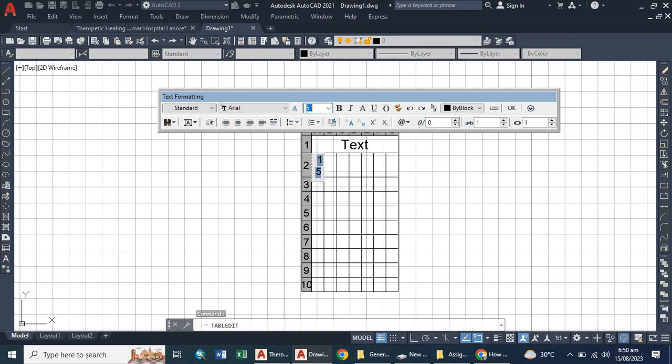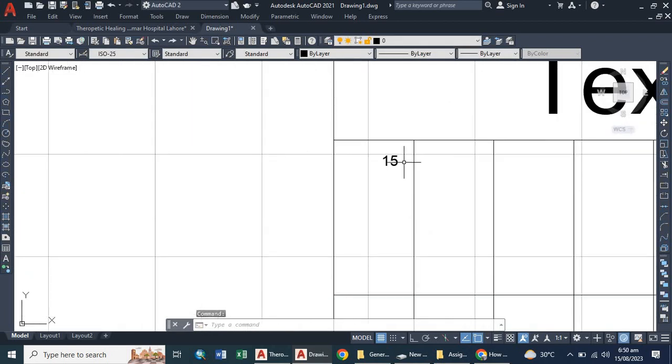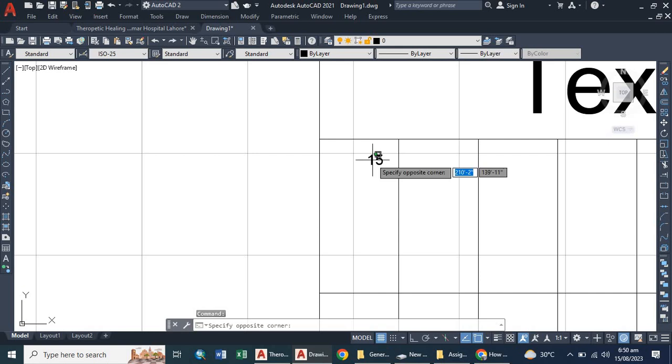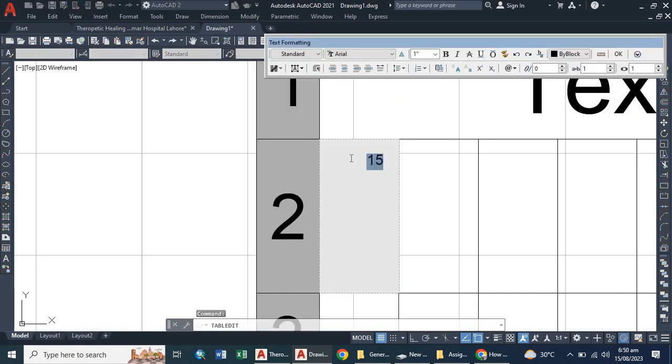Actually I have to decrease the text size a little bit, or the row width, or increase the row width a little bit. So now I am going to do this as 2 inches, 1 inch, and I'm just okay. So if you zoom in a little bit, as you can see here, this is our text. Now what I'm going to do, I'm going to put it in center,